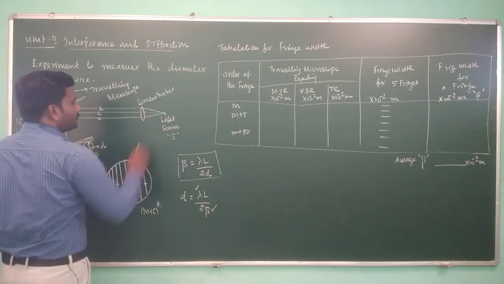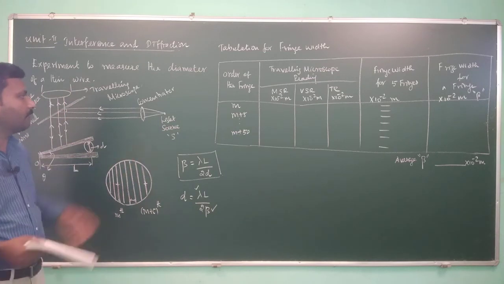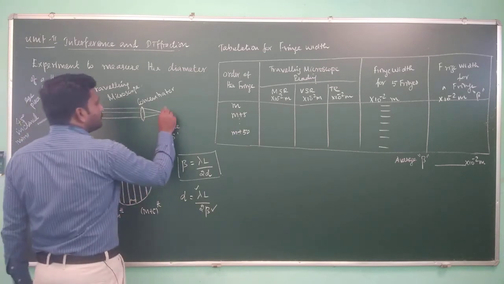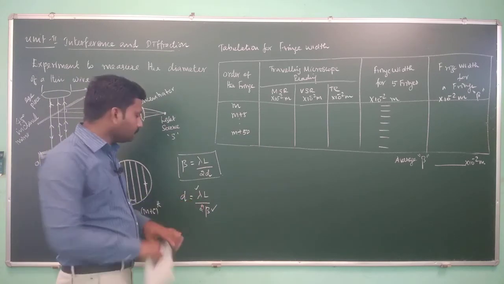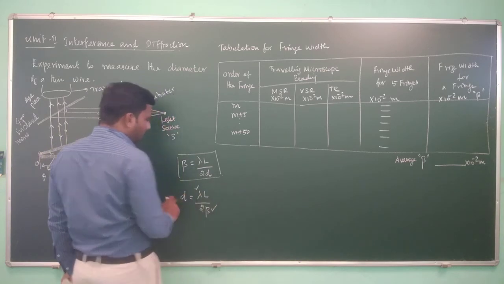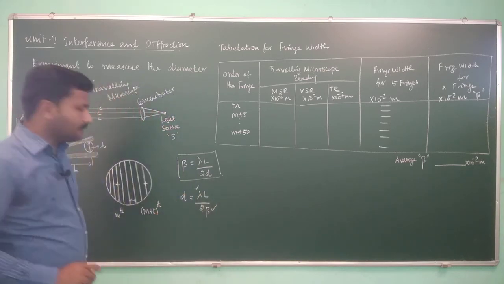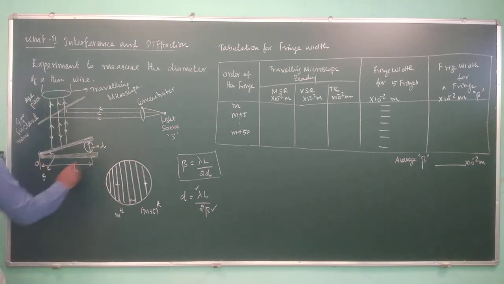This is the light source. If it is a monochromatic light, then we have a particular value. Generally, a sodium vapor lamp will be used in this place, so we can write the wavelength for the sodium vapor lamp here. Now, the remaining parameter that needs to be calculated, besides d, is L. What is L? L is the length of the air wedge, that is, from the origin to the point where the wire is placed.